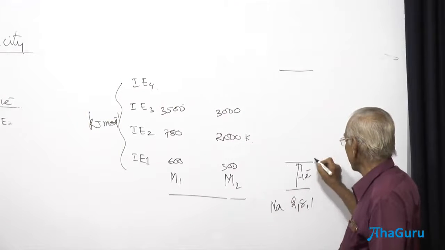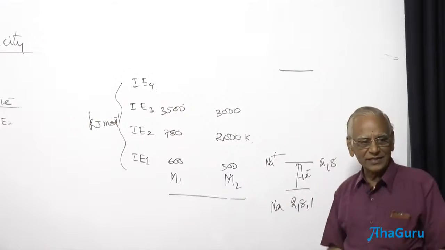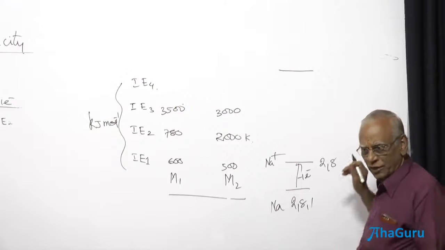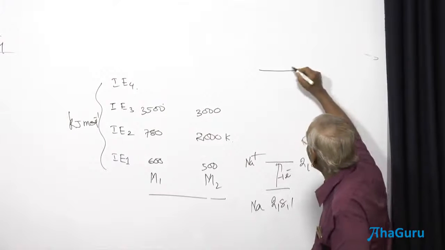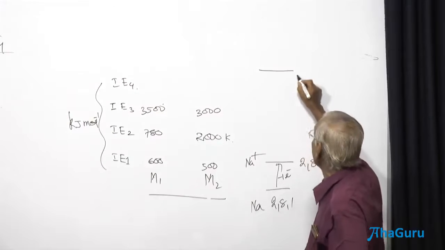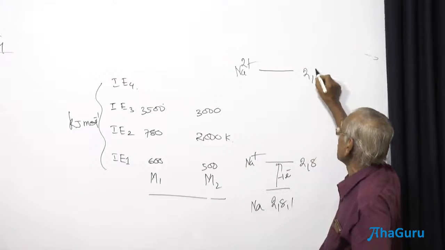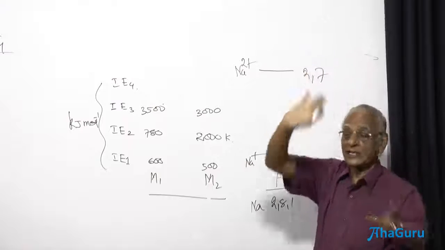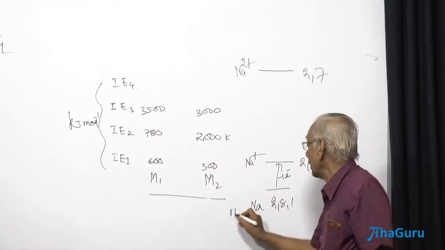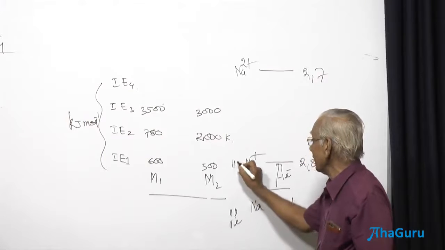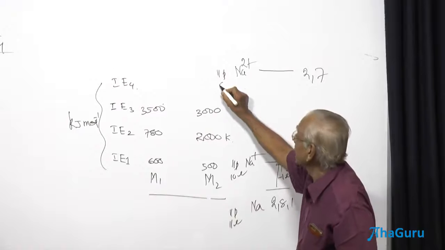What should be the electronic configuration? It becomes Na plus. And what should be the electronic configuration? 2, 8. Has it not got the stable configuration? I want to remove still one more electron. Is it that easy? Definitely not. Therefore, the third ionization enthalpy falls somewhere here, because that is expected to be Na2 plus here. Maybe from that point onwards it might be easy, but even then it's not easy, because we have 11 protons and 11 electrons here. And this is going to be 11 protons and 10 electrons here, 11 protons and 9 electrons here.